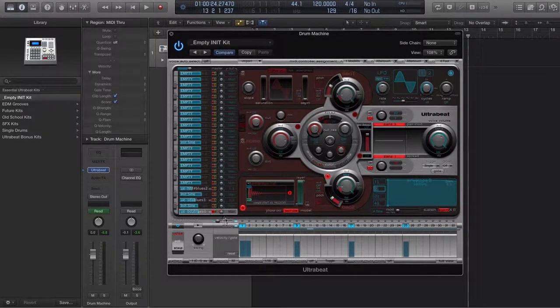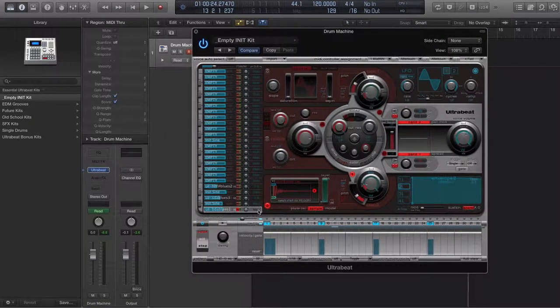Okay. Put that back to center, as close as possible. Anyway, there we go. And then you have this section here, your routing section. Now this is really interesting. This is what allows you even more flexibility, because by clicking on this, you can route any of these channels or any of these individual samples to their own